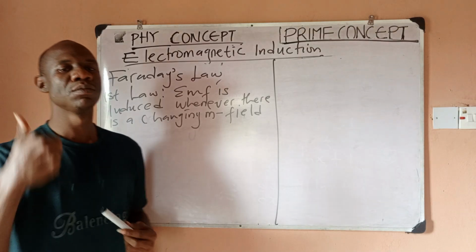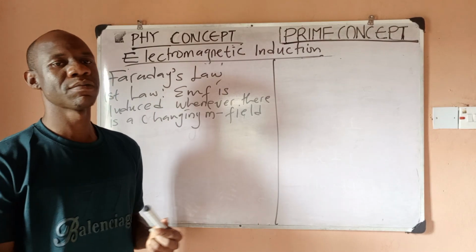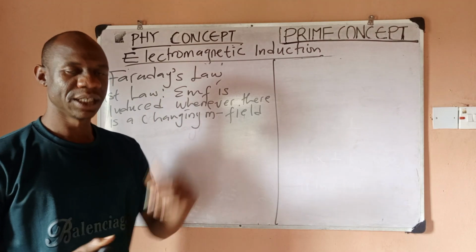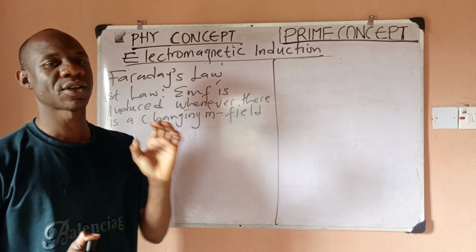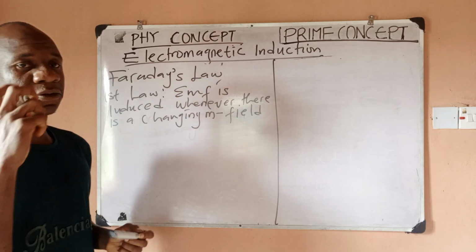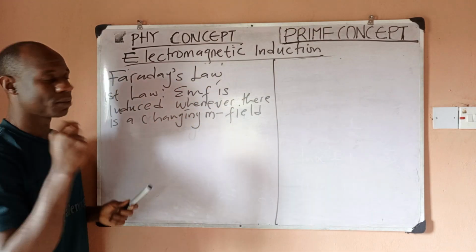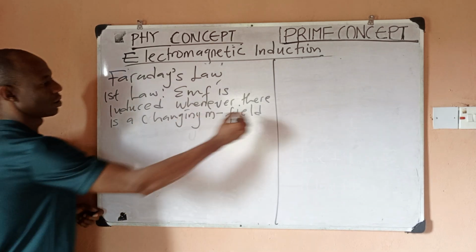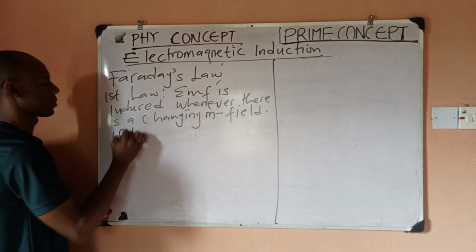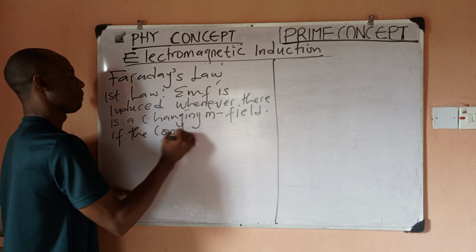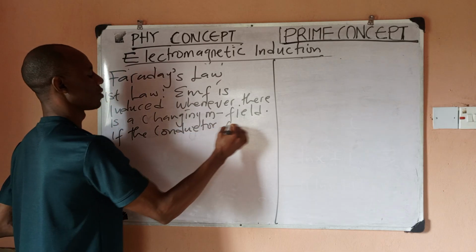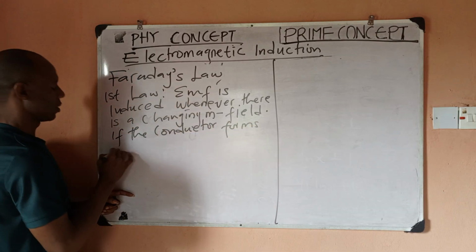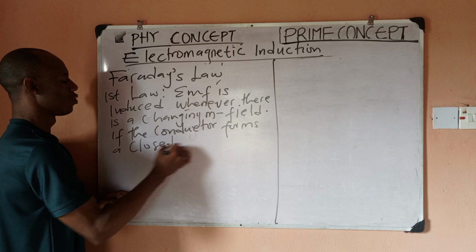Whenever a magnetic field moves, or whenever a magnet moves through a conductor, EMF is induced in that conductor, right? Now, if that conductor forms a closed loop or circuit,